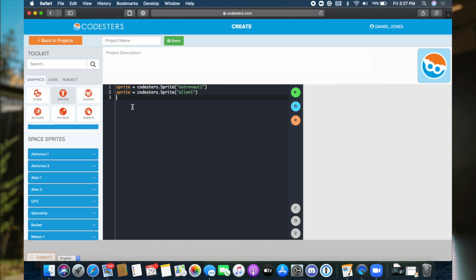Because if we name the variables the same, what we're telling Python, and in this sense Codesters, to do is assign the astronaut sprite to this sprite variable, and then immediately after that take that sprite variable and instead put the alien in it. And so it replaces it. And now we can no longer really touch or access the astronaut